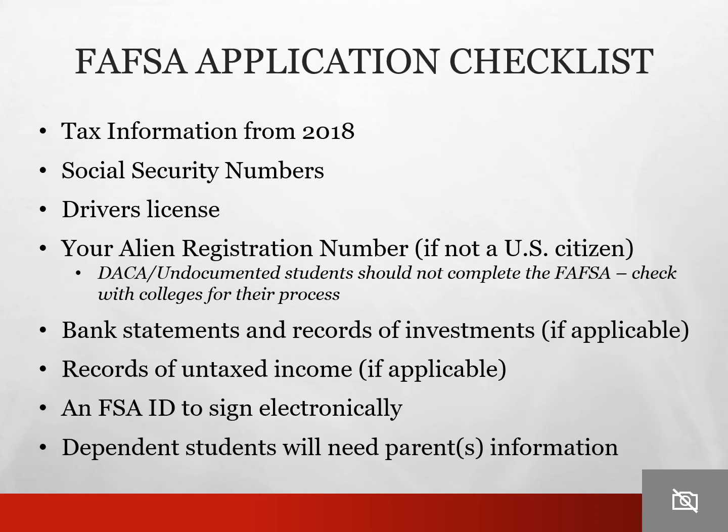So in preparing to complete the FAFSA, you're going to want to make sure you have all the items listed here ready, so then that way you can get through the FAFSA as quickly as possible, but you want to make sure that the information is accurate. So definitely make sure you double check everything before you submit. You can always go back and correct information, but it may extend processing time in terms of when it gets to the colleges. And a lot of times information will need to be verified, so you don't want to delay your application.